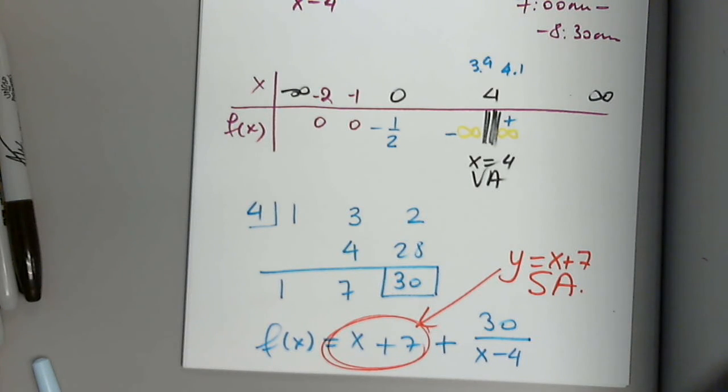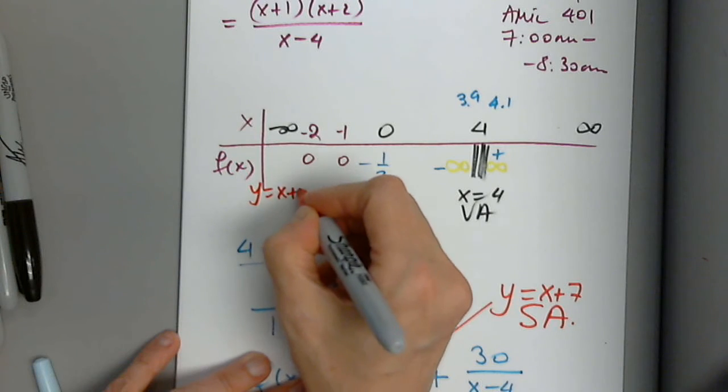Here's why. For the same reason you asked this wonderful question before, remember? When x approaches infinity, this will approach infinity. What will this approach? 30 over a million, basically zero. Where will this go? That's why it's disregarded. So I will go back here and I will write y equals x plus 7 is